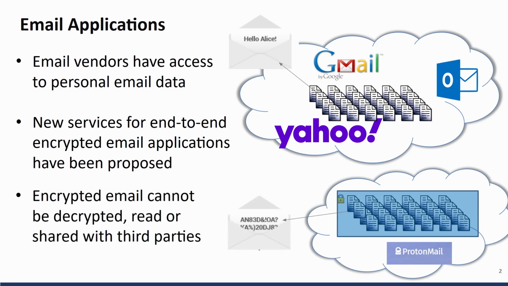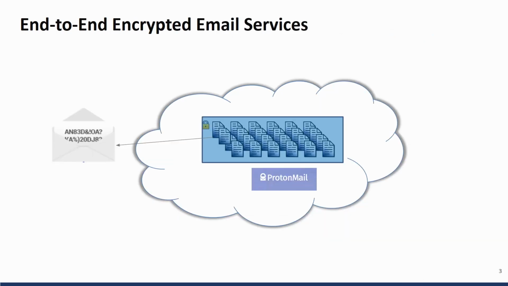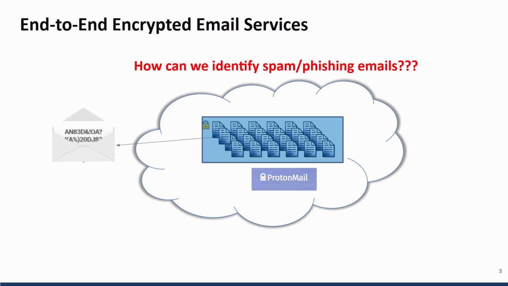And this is obviously very nice because if it's encrypted, then it cannot be decrypted or read or shared with third parties without you decrypting it. But there is a small catch, because when we have encrypted end-to-end emails, like I said, no one but you can read your emails. So then the question becomes, how can we identify spam or phishing emails? And the current solutions that, for example, Proton Mail uses is that you have blacklists and whitelists, and there's also local filtering. So it searches through whether or not it says, you've won the lottery, congratulations, and it says, this is probably spam, probably. But this doesn't really comply with the spam filter,